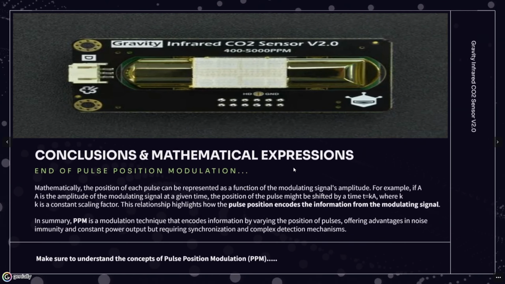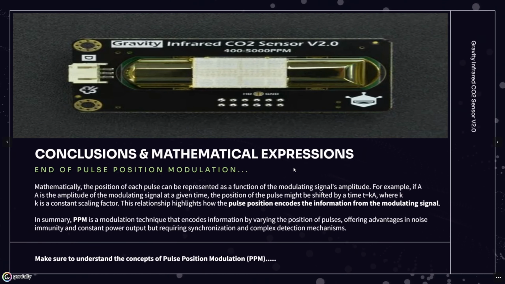So here are the conclusion and mathematical expressions for PPM. Mathematically, the position of each pulse can be represented as a function of the modulating signal amplitude. For example, if A is the amplitude of the modulating signal at a given time, the position of the pulse might be shifted by a time t equal to Ka, where K is a constant scaling factor. So this relationship highlights how the pulse positions encode the information from the modulating signal,